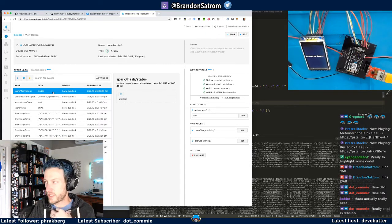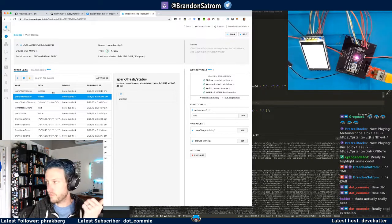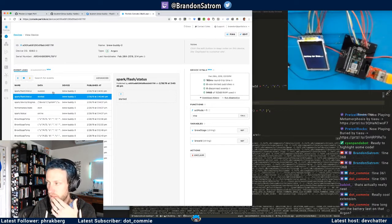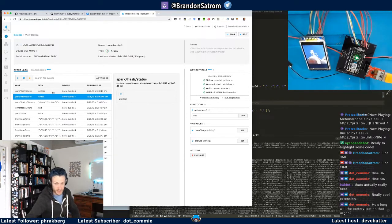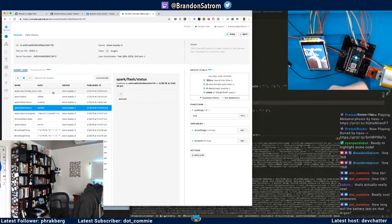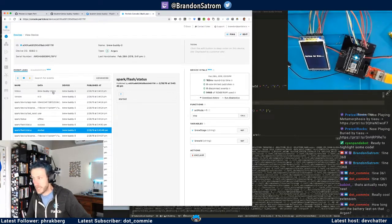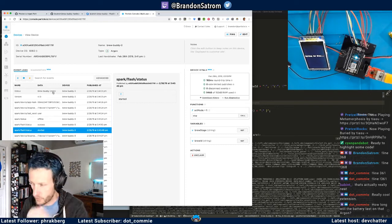So for the last couple of weeks, I've actually just been doing mostly local flashes. But how long will that battery last on that Argon? Great question, .commie. This is a 2000 milliamp LiPo battery. So my intention, and this is the test that I'm going to do, is on a single